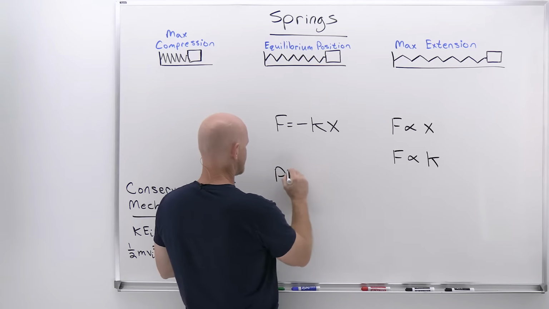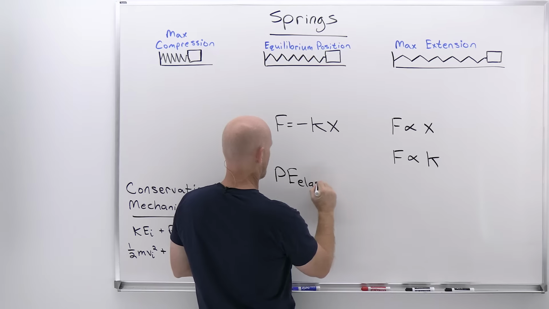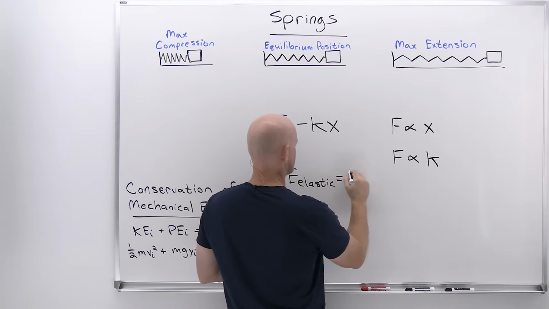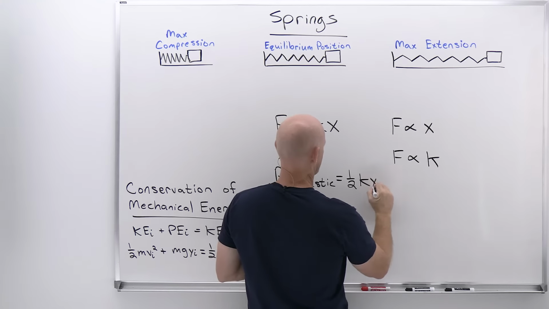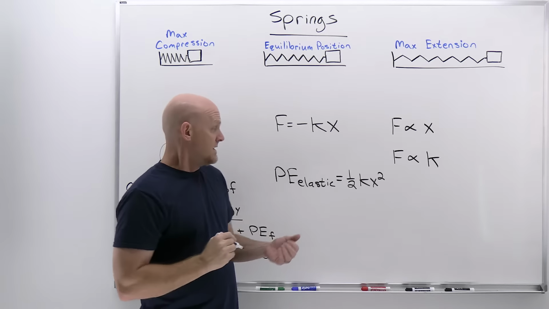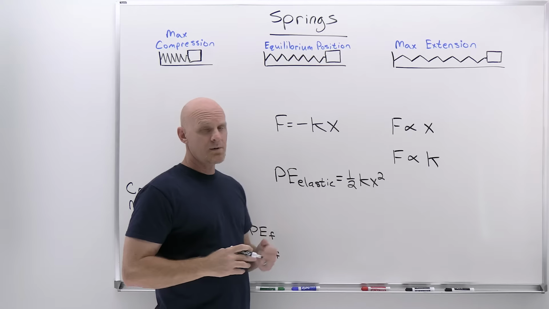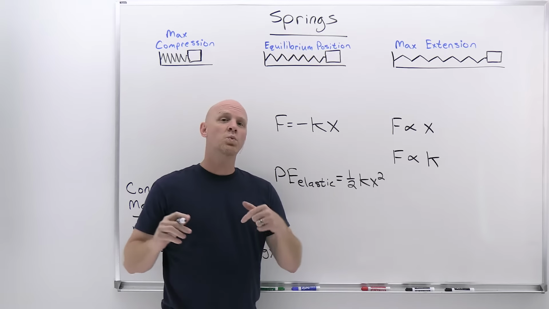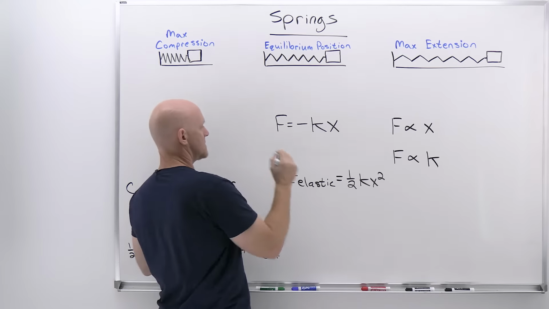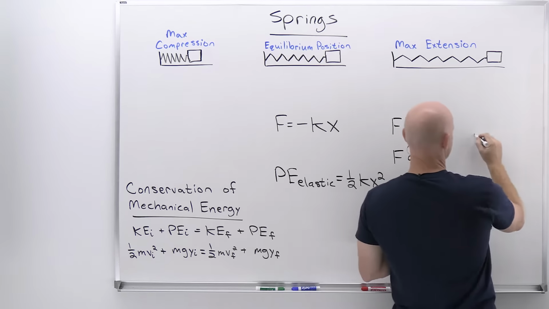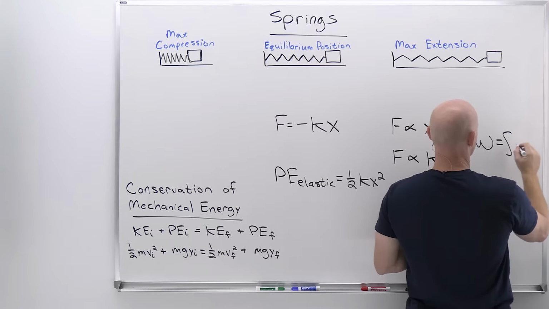And if we take a look at that potential energy, this new type is called elastic potential energy. It turns out it's equal to 1/2 kx squared. Now, if we want to actually find where this comes from, we'd need a little bit of calculus, which we don't need in this class. But we'll see in a later lesson that the true definition of work